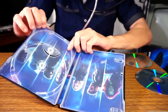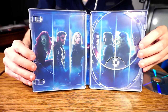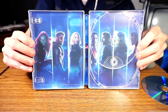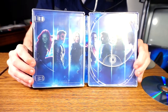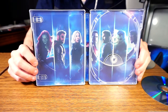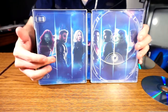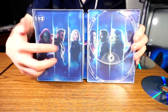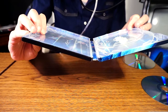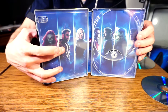And then we get to one of my favorite parts about the Steelbook that I got kind of excited for when they started to upgrade some of the imagery on the Best Buy website. And that is that they showed us a look on the inside of the case, and you see a good portion of the Avengers from the film, most notably the ones that you don't see on the cover of the box or the discs themselves, with the exception of Black Widow, and then there's Iron Man once more right there. But at least you get to see a good look at, I think that's Black Panther. Yeah, that's Black Panther. So you got Black Panther, Hulk, Captain America, and then Black Widow once more, Thor, and